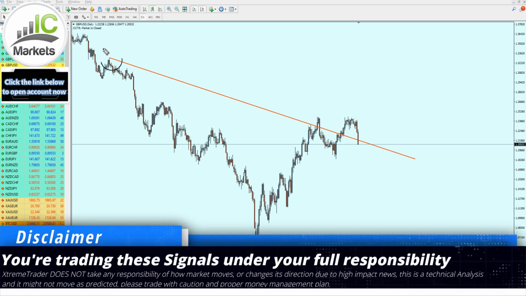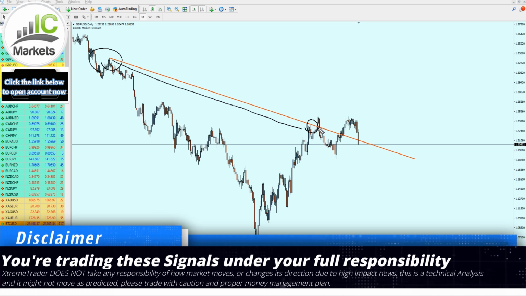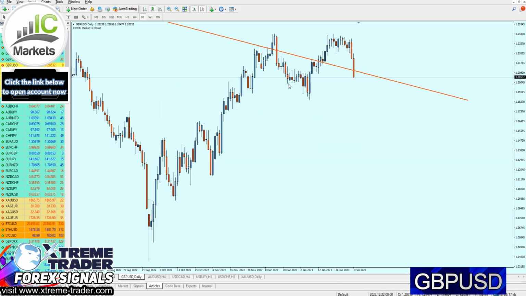So we're having here that resistance trend line. Then we can see that the market has indeed respected that level of a resistance trend line multiple times before making here the fake breakout number one and the second fake breakout. Now, if we zoom in, we can notice right here that the market is facing a strong key support level. And upon the pressure from that support, the market might make a pullback, and that level of a resistance trend line right here and right here and right there is most likely going to be respected.